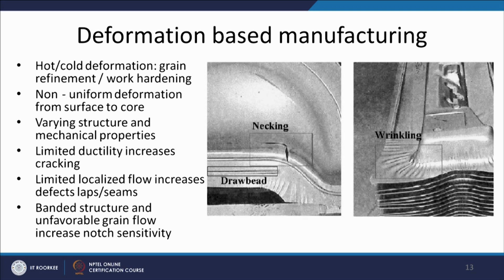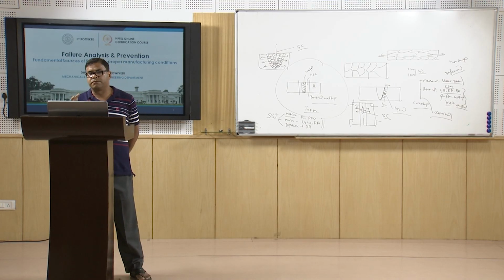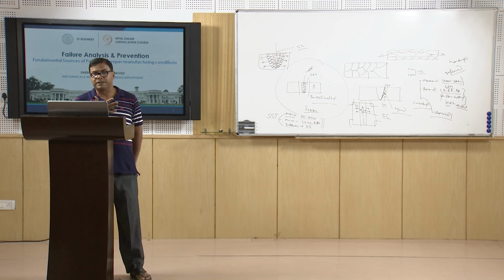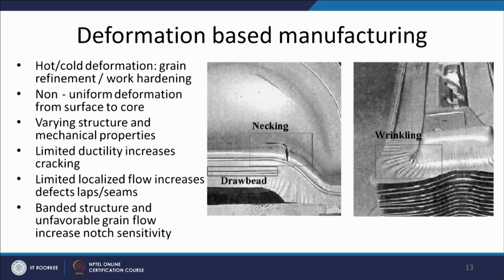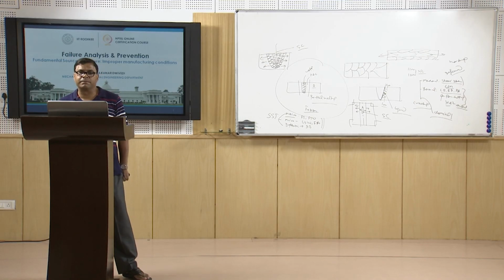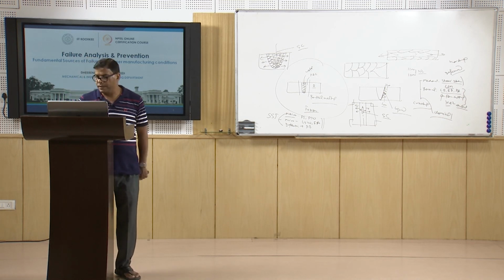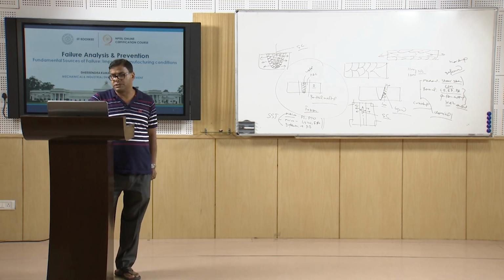Similarly, limited localized flow increases if this is the kind of situation due to improper control of the temperature, improper plastic deformation ability of the metal, or inappropriate ductility of the metal. Then the limited plastic flow can lead to defects, like laps and seams in the components being made by deformation based processes, and which can become a source of weakness, a source of stress concentration, and so these can promote